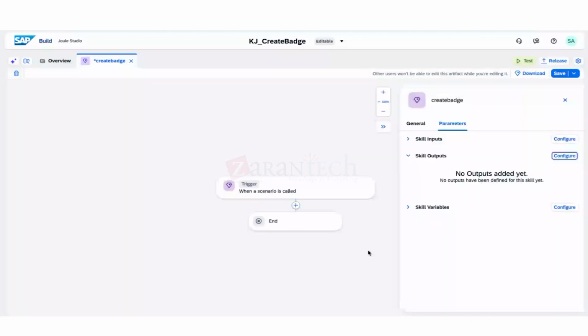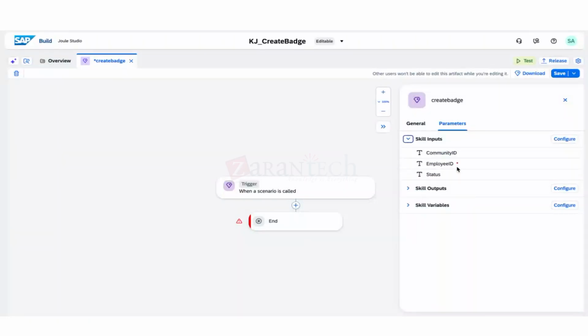See, all the mandatory fields have come here, which is mandatory. You can see here, employee ID. Okay. And then if you go to the main one,